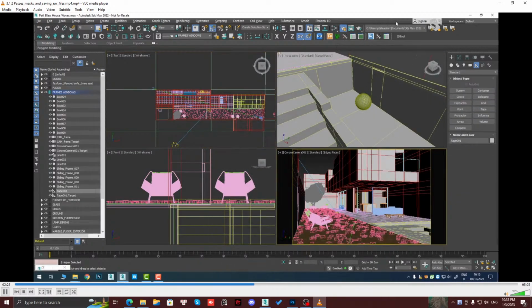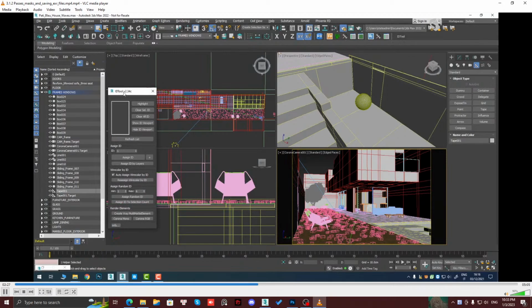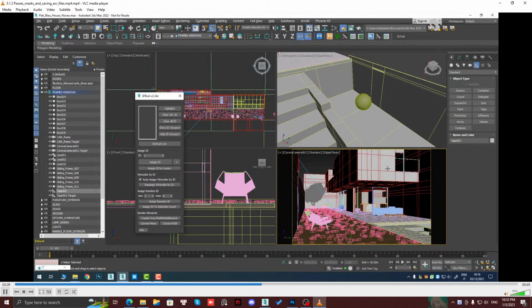To create masks, you need to use the ID tool. It's a really powerful plugin. So it works in this way. You just have to select objects that you want to mask. So for example, I can start by adding these objects into the ID number 1. Then this object here,